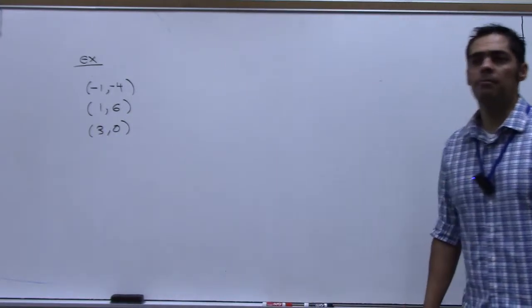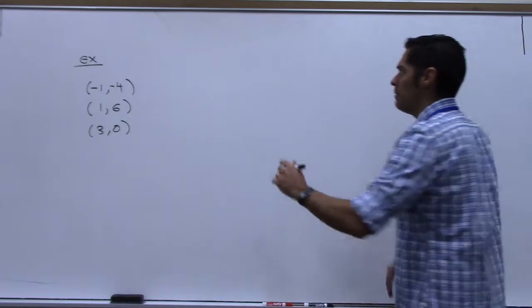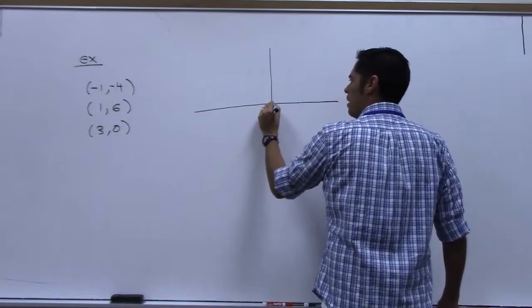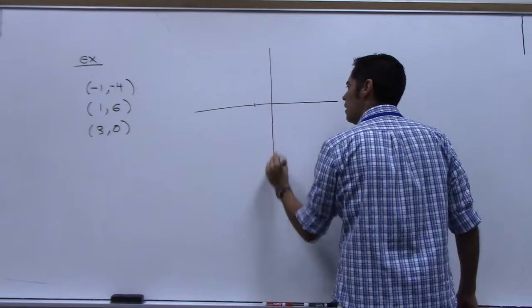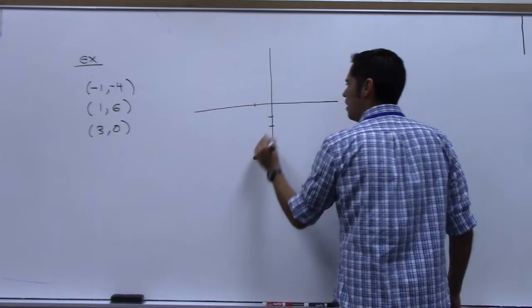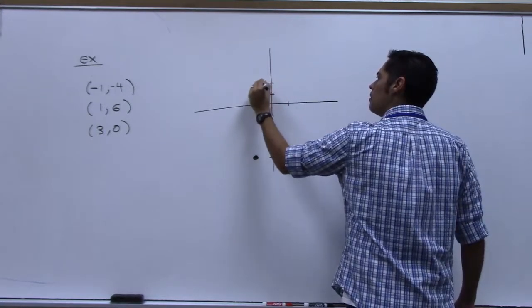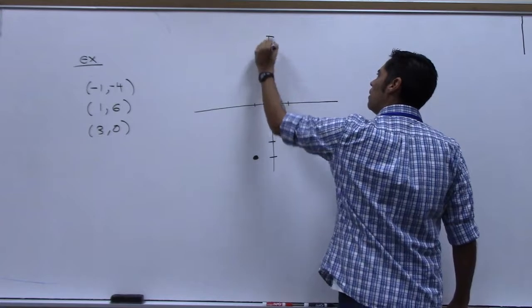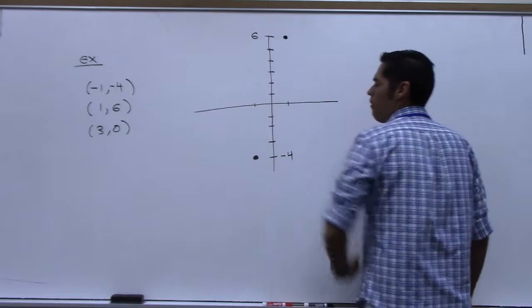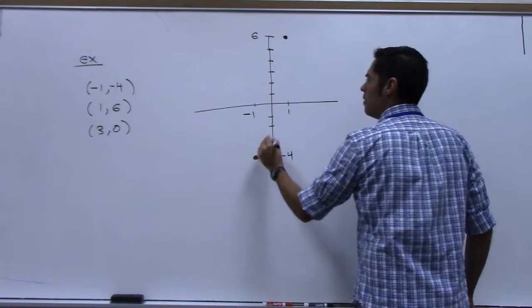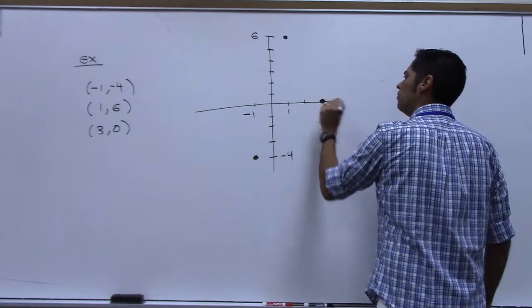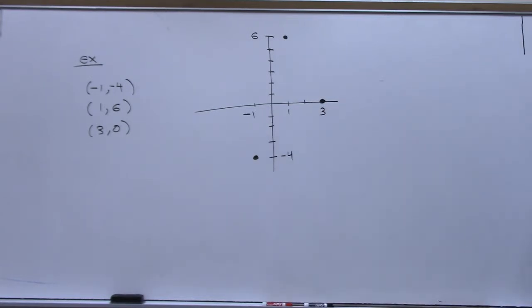And I'm going to plot them for you real quick on a graph, 2-dimensional. (-1, -4). The next one is (1, 6). It's here. And the last one is (3, 0). Now,